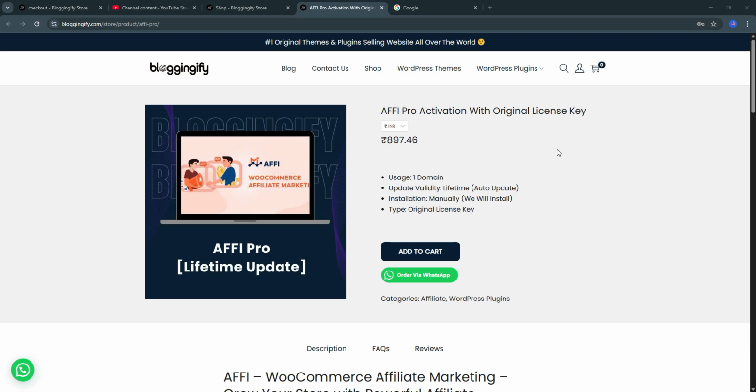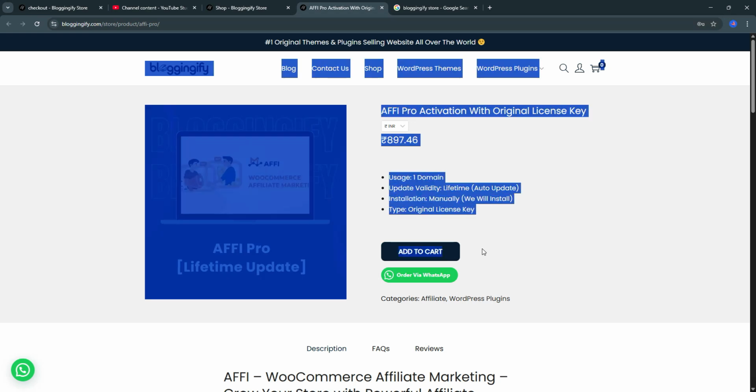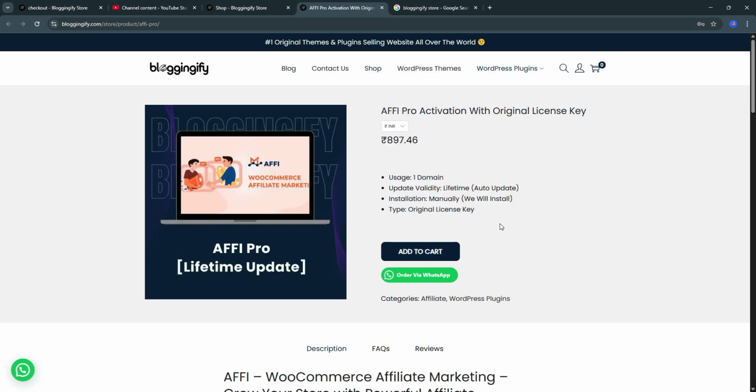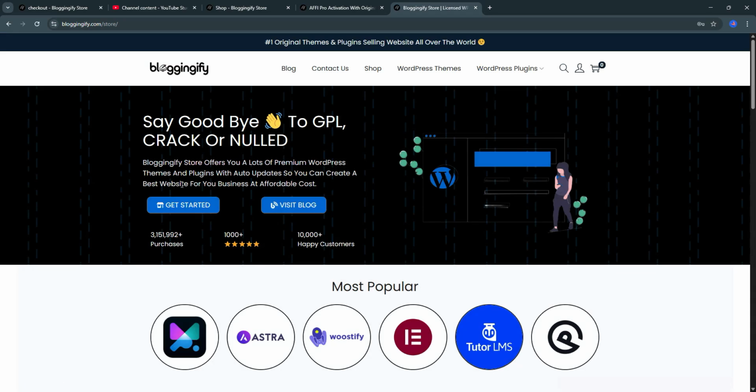So let's get started. First, open any browser and type Blogging AFFI store. Don't worry, I will share the direct product link in the description box. So just click on the description link and you will be redirected here. And here's the second method. Just search Blogging AFFI store on Google or another search engine and click on bloggingaffi.com/store, and here you